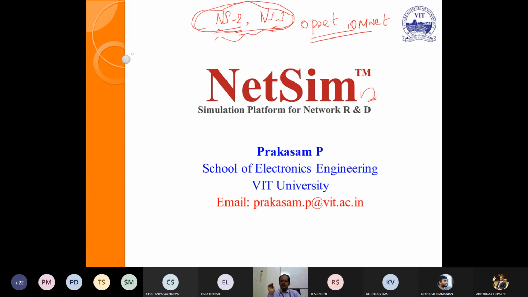In Multisim, a simulator for electronic circuits, all the resistors and capacitors are there. You select the components, paste them, connect them using wire, then configure the respective component values, the current rating, the voltage rating. Like this, NetSim also has inbuilt blocks, the nodes and all these things. You have to pick the suitable device, place it, connect it, and then configure it.